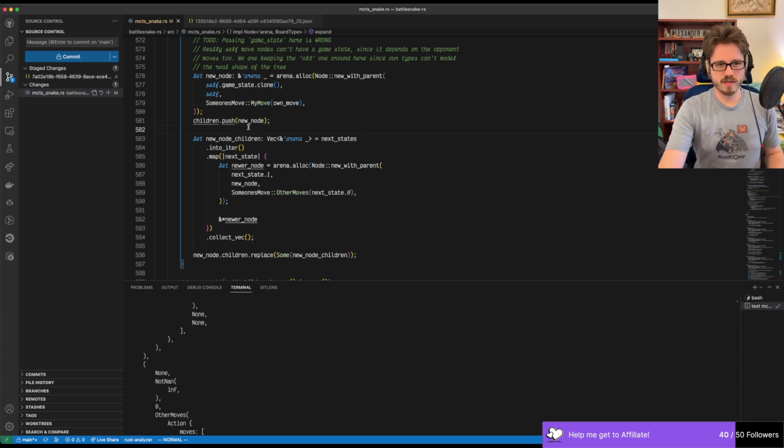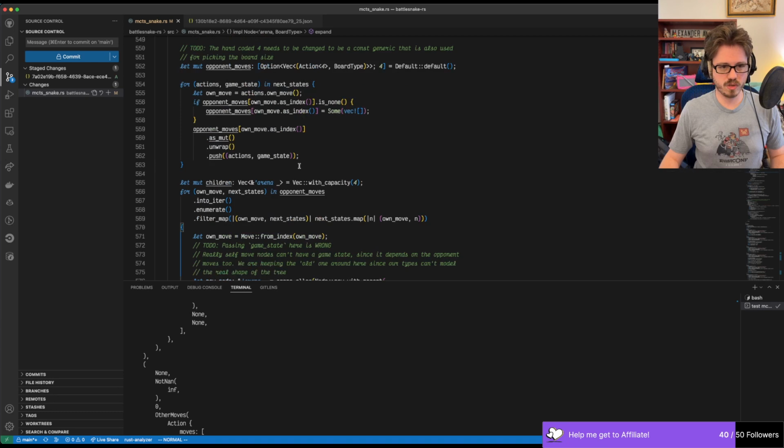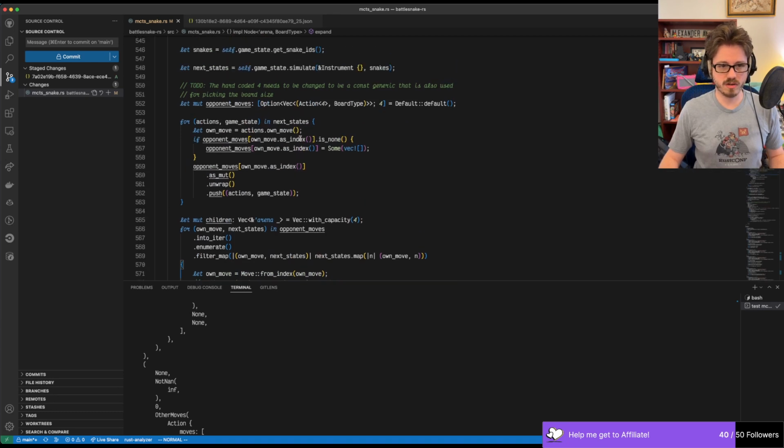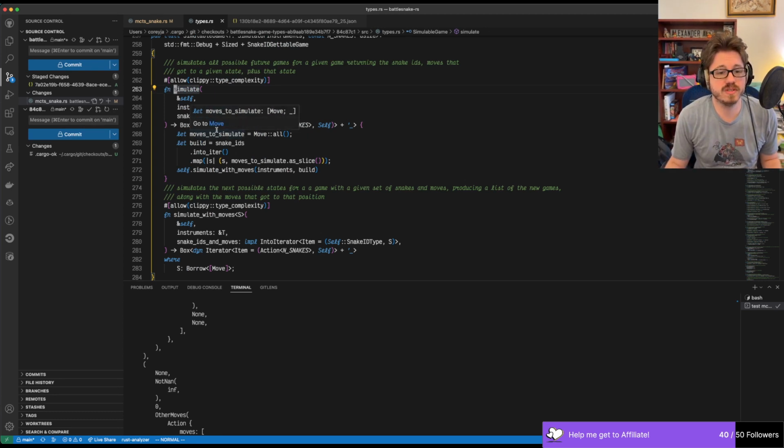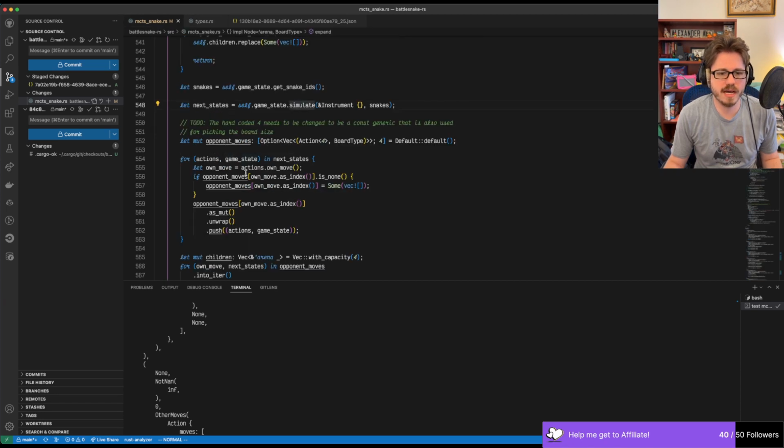Okay, so let's look at simulate in game types. I think that's what I want to see here, because that's what is driving this. Simulate calls moves to simulate. Oh, but moves to simulate is moves.all, and then it simulates with moves. So how do I get rid,